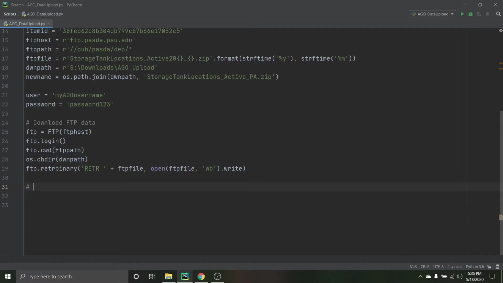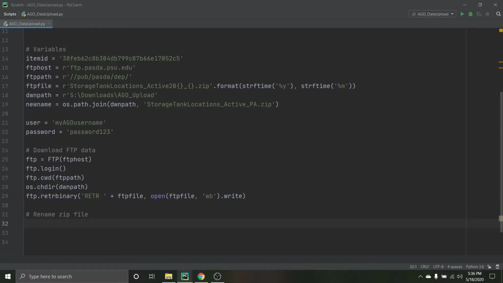Alright, let's go back down here. We'll say rename zip file, and we also need to tell it where that file is we just downloaded, since we don't explicitly have a variable for that. So you could do this multiple ways. You could, actually you can't write it, you could, I guess, include this, but the best way to do this would be,